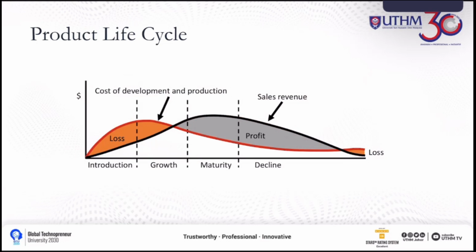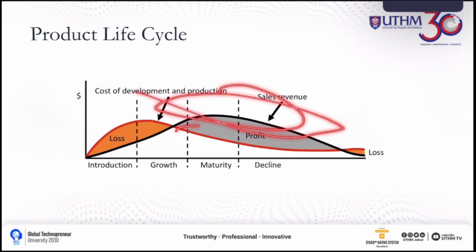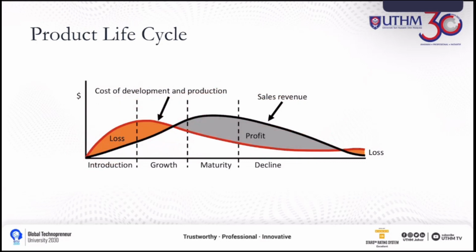So you can see that the sales revenue keep increasing, and then at the maximum point, and then they will lower down the revenue. Okay, during the decline phase. So during this time, your product is already known in the market. So you don't need to have a cost of development. You don't need to have a cost of marketing, for example. So your cost here is much lower than during the introduction phase. Okay, so here you can see that revenue is more than the cost.